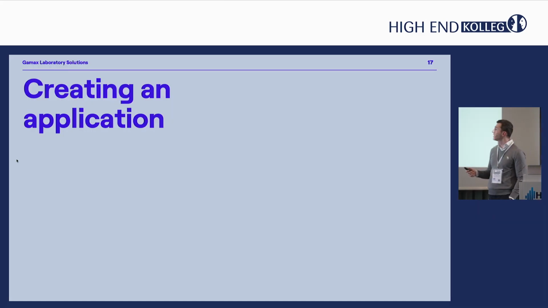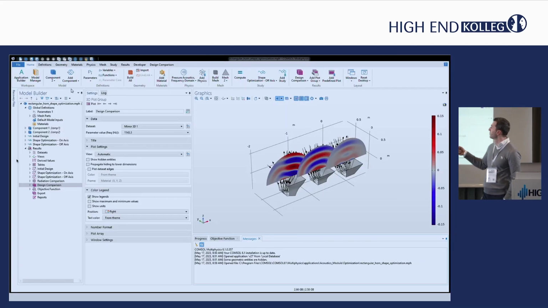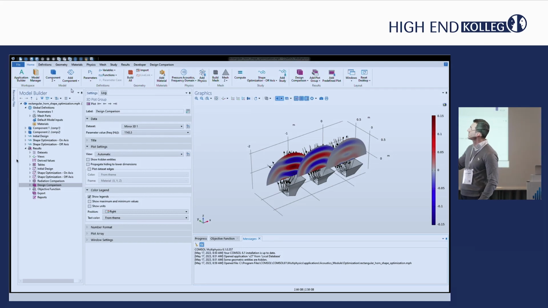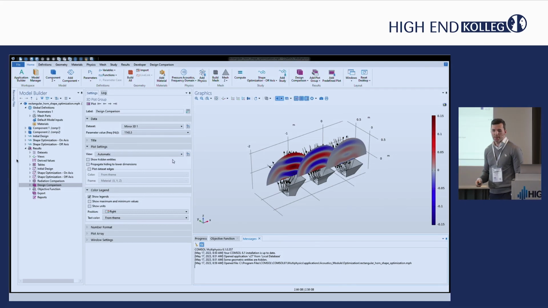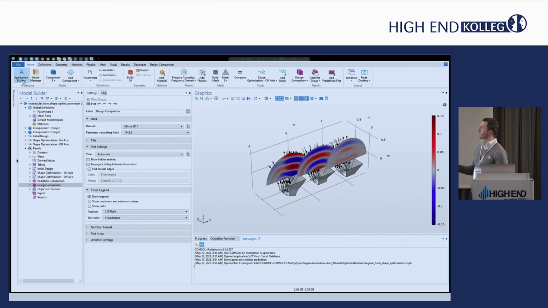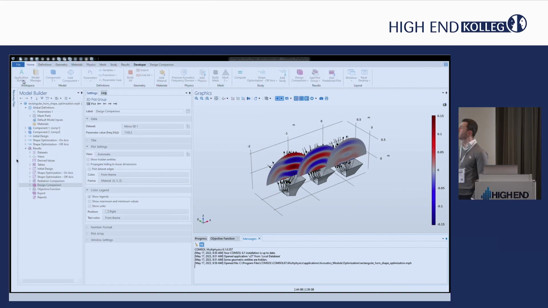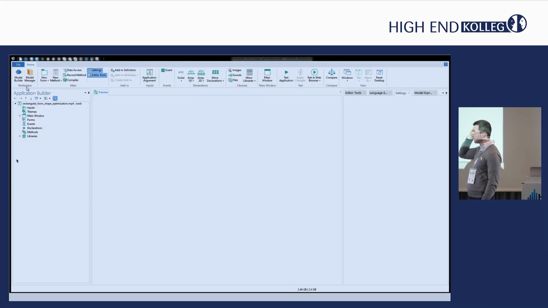Okay, and how do we create this application? So I recorded a sample here. That's one of the built-in examples. So you can just go to the application builder, and you can start from scratch. There are built-in templates where you can do this, and by simple drag and drop of different forms and